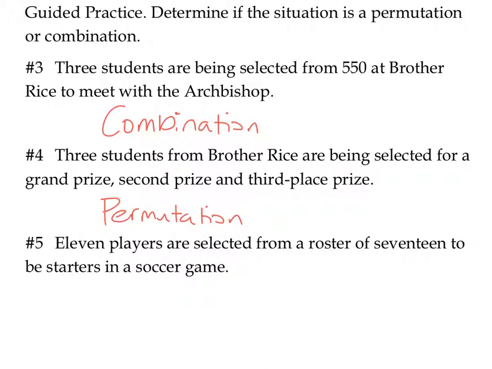Okay, a permutation. Does order matter? In a permutation, order matters. If it doesn't matter, we use a combination. So keep in mind that terminology, as we're going to see it in the examples. And in the third example here, number 5,